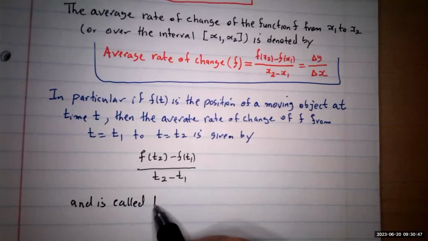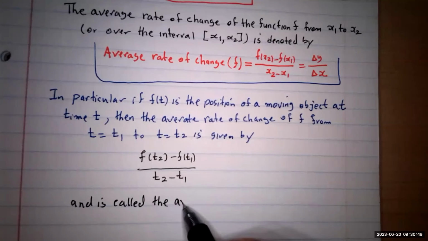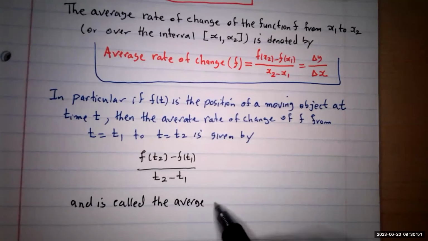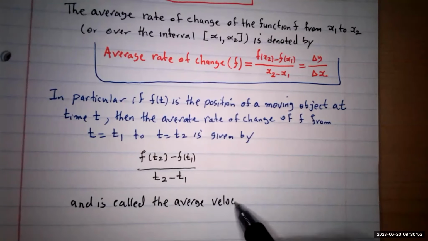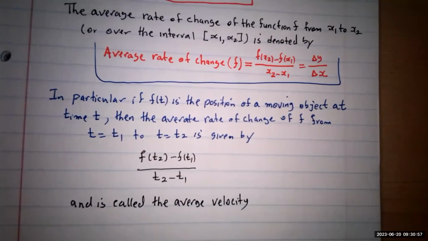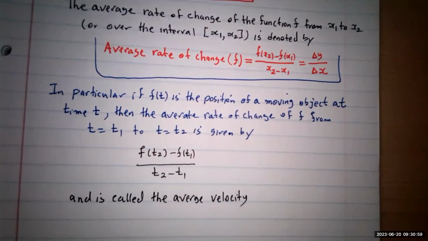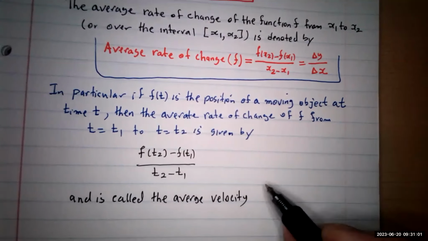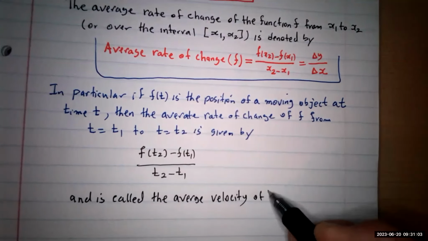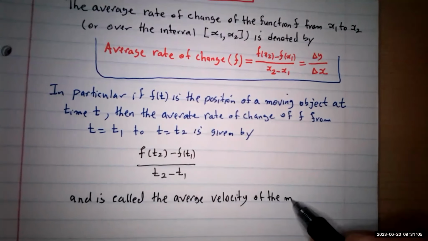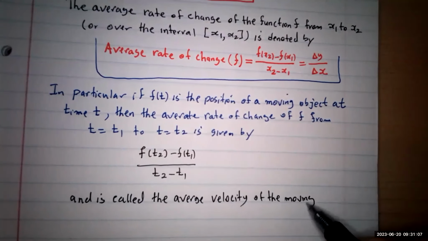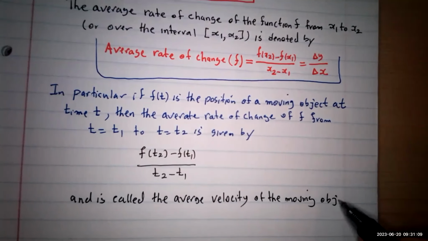It's called the average velocity. You use these expressions or this interpretation in calculus 3 as well. It's going to be the average velocity of the moving object